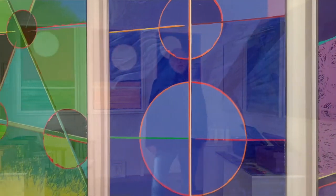And if you look at the other paintings here, what you can see is the same kind of visual language. Circles and lines. Circles and lines. Same inspiration. Same visual language. Same symbolism. Now, if you look in these boxes, you'll see that there are artist